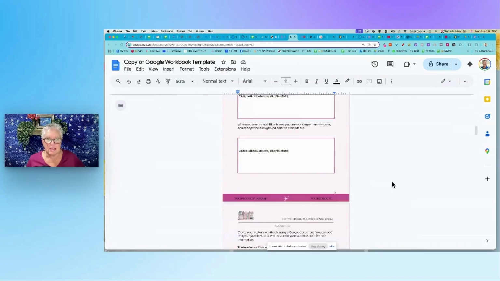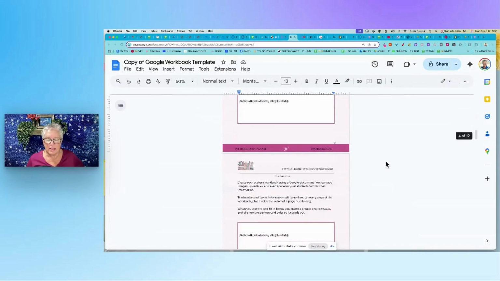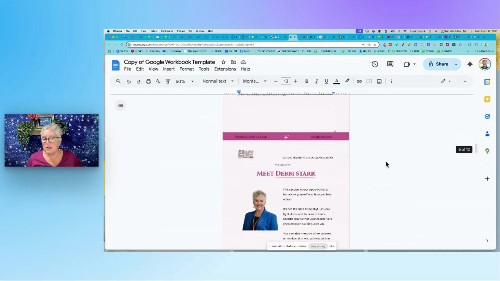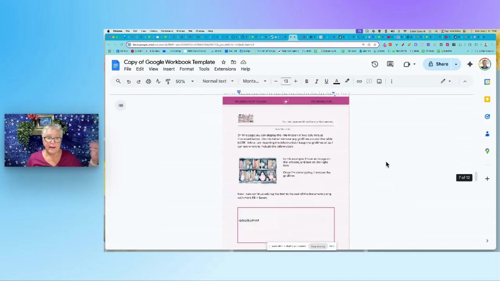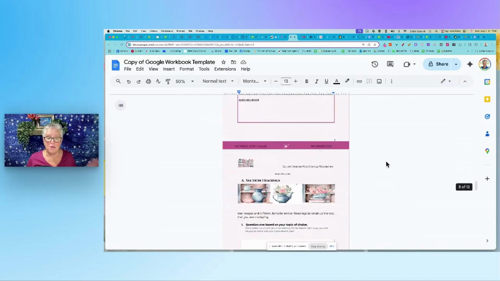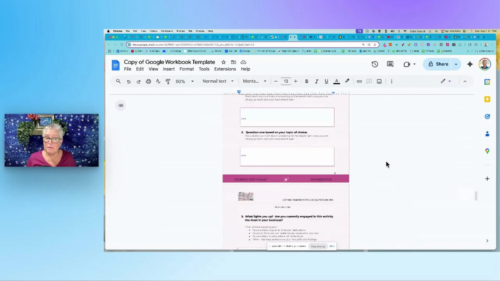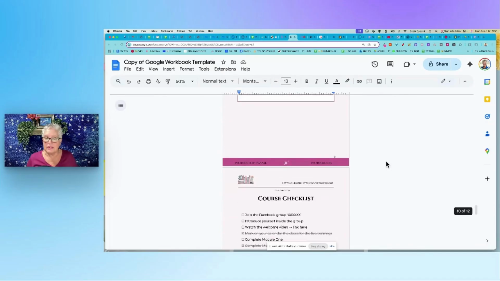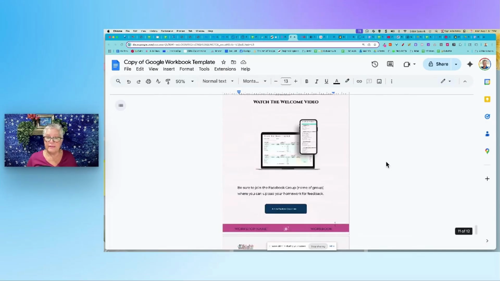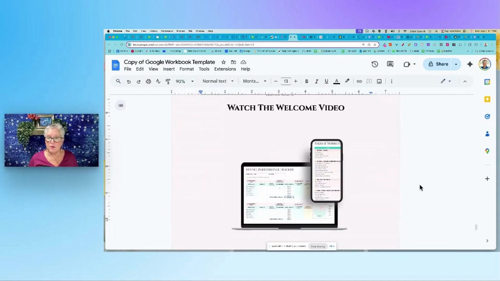Look how beautiful this is. And we've got these great fillable fields. So you just put in all of your content, and then you just share it with your people, and they've got this thing ready to go out of the box. And the beautiful thing is you can basically make a template and use that template over and over again for all of your resources. So let me make this a little bigger here